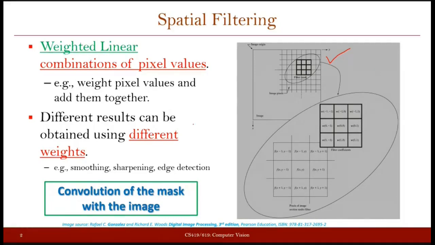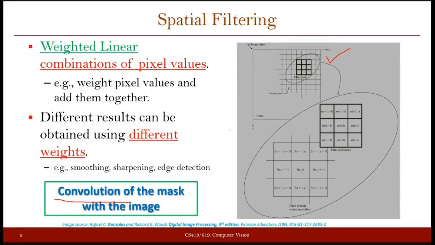Okay. In case of convolution, the procedure was very much the same. Again, there was a mask or a filter which was moved all over the image to compute the new values for the pixels. But in the case of convolution, the filter was first rotated by 180 degrees, or you can say that it was flipped with respect to the vertical and horizontal axis, and then it was used. Okay.